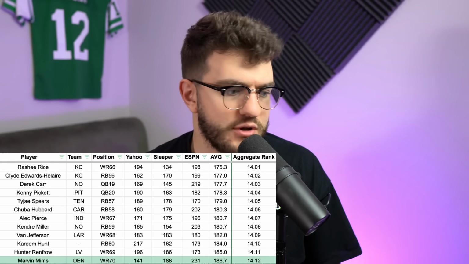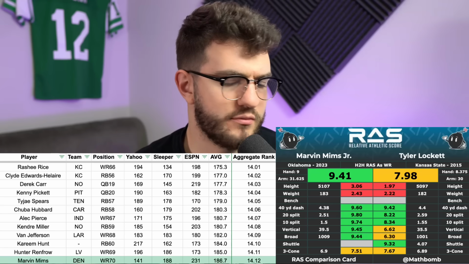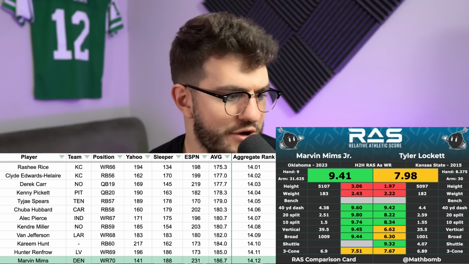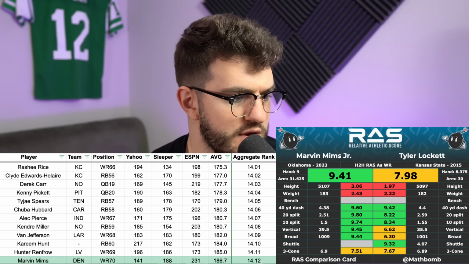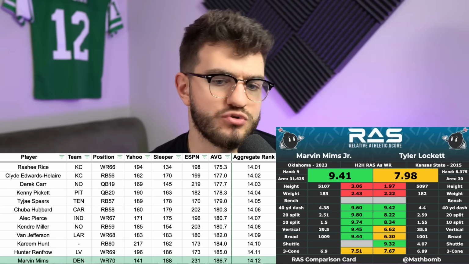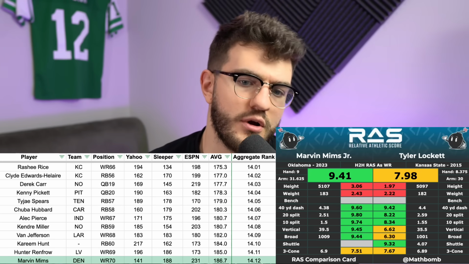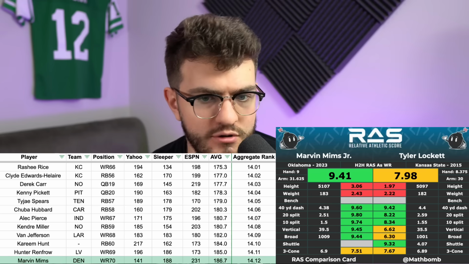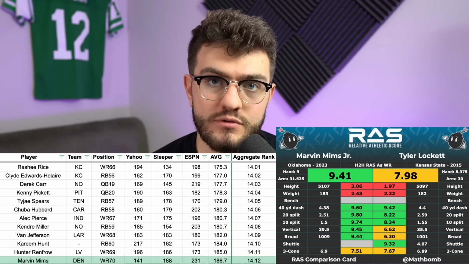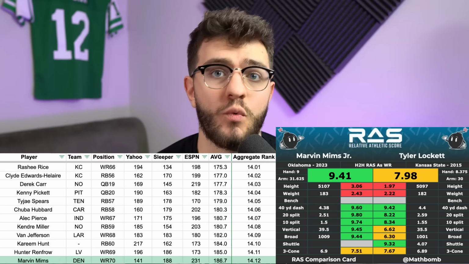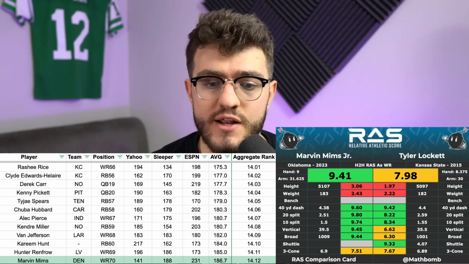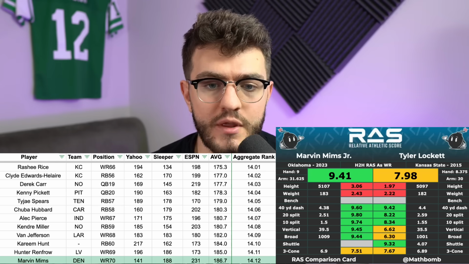And he profiles a lot like a wide receiver that Russell Wilson likes. Both around 5'10", 180 pounds, Tyler Lockett and Marvin Mims, both about 4.4 speed. Marvin Mims is more explosive. He was also drafted in the 2nd round instead of Tyler Lockett, who was in the 3rd. Marvin Mims is a better prospect, looks a lot like Tyler Lockett as one of these downfield, smaller burners, and that's absolutely perfect. We now have a Jerry Jeudy injury, so Mims is going to get routes right away, just like Mingo, and we're going to know right away if Mims has it or not, and if he does, then he is going to be a very fun rookie to start in fantasy football.